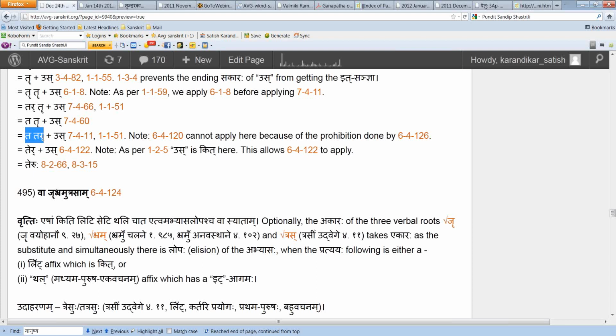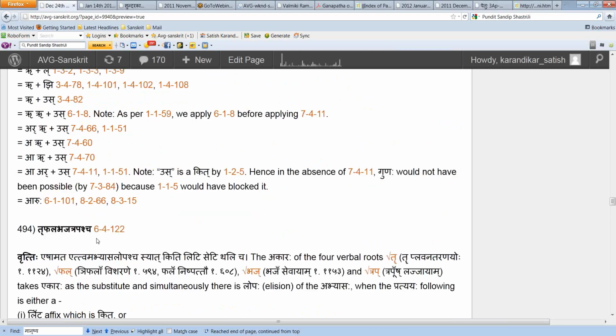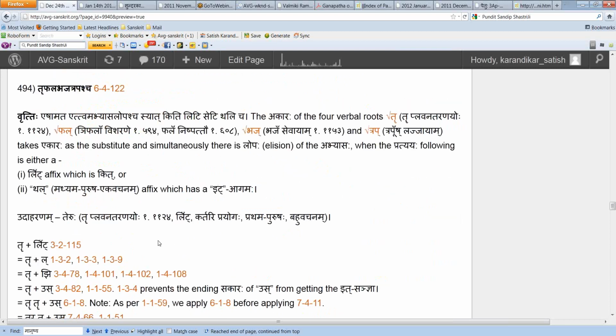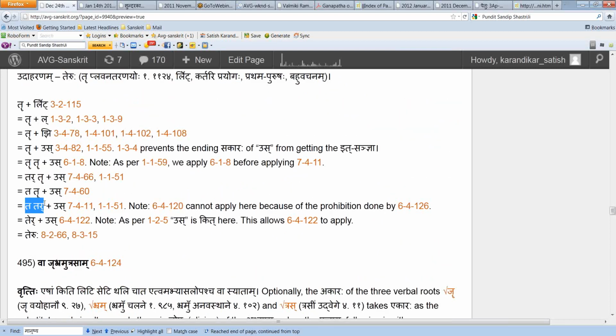Okay, so here in 6.4.120 the conditions are satisfied, but 6.4.126 comes and stops it, because this akara came from a guna adesha. So that is why Panini specifically needs to put the dhatu through in 6.4.122. One last time: we came to the stage of tar us by doing richati rutam guna adesha. And then we had a situation where 6.4.120 was coming to apply, everything looked to be fine, but 6.4.126